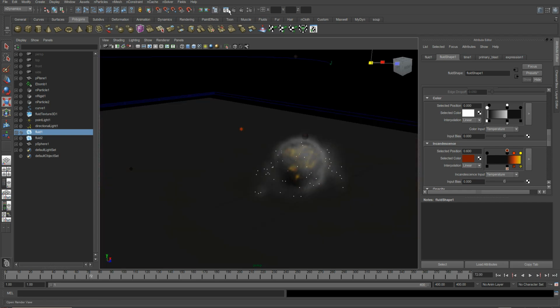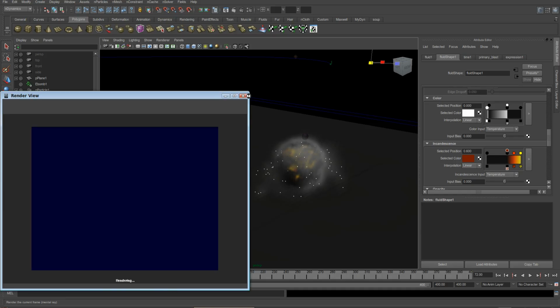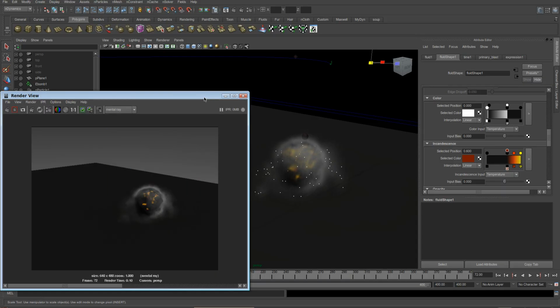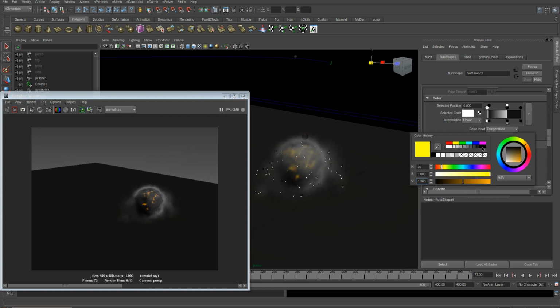Right, if I take a render here at this frame, it still shouldn't take so long to render, 10 seconds a frame maybe. And what we've got is a lot of smoke, but this is the start of our explosion, so not a lot of incandescence. So what I'm going to do is change these colors around a little bit. I'm going to put another swatch in. Okay, I'm going to make this end swatch black,